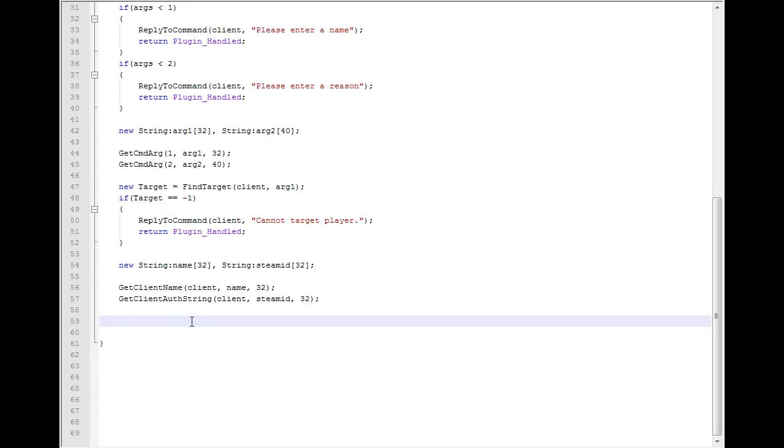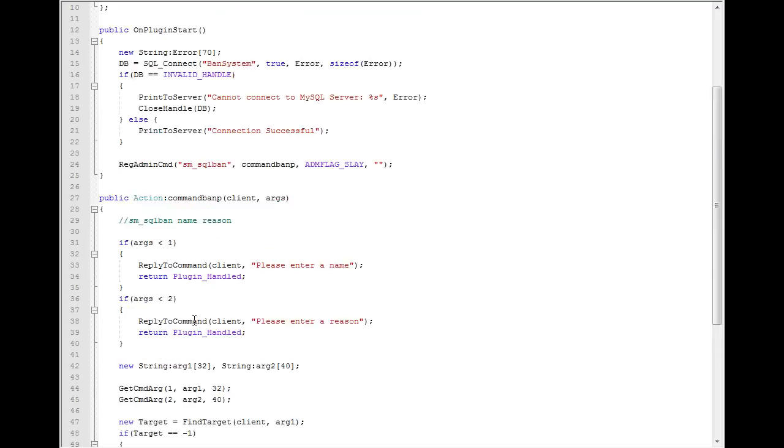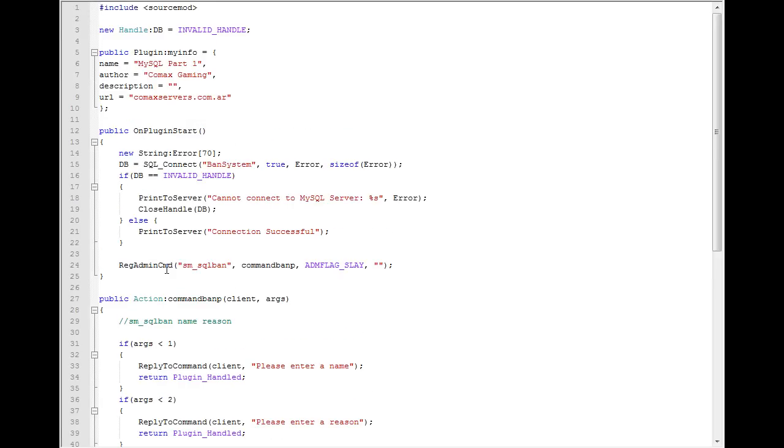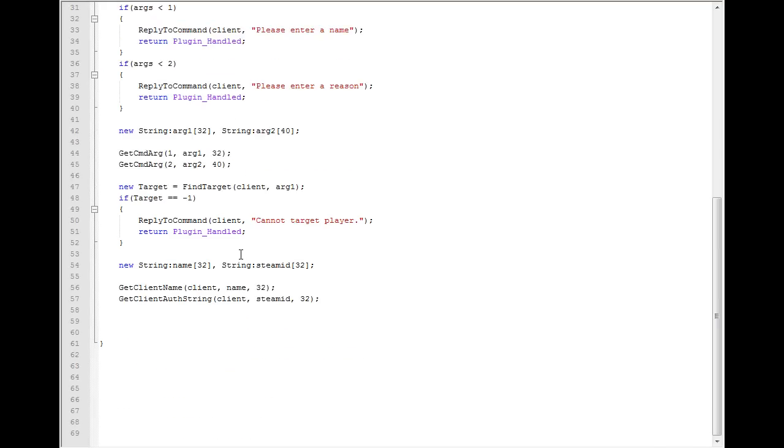To do so, we're gonna actually use the query. Since we made DB global, it means that we're gonna use the connection we established when we start the plugin always. So that's never gonna end unless we tell it to end, which is gonna be when the plugin actually ends, like when you change the map or close the server itself. So we're gonna say, okay,